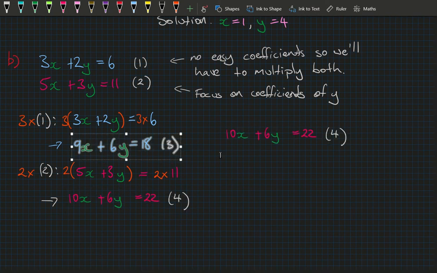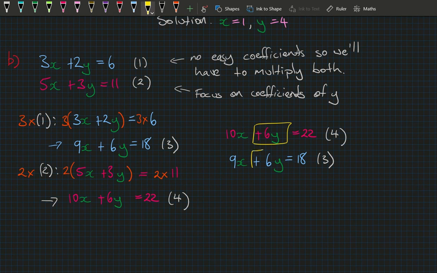Let me copy equations 4 and 3 over here. Now we can see they both have positive 6y. So equation 4 minus equation 3 will eliminate the y. And we'll have 10x minus 9x, which is just x, plus 0y, so we can ignore that, equals 22 minus 18, which is 4. Because x equals 4, if I sub that back into equation 1, we'll have 3 times